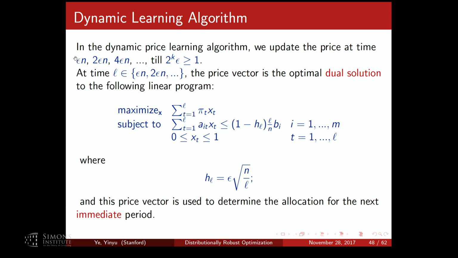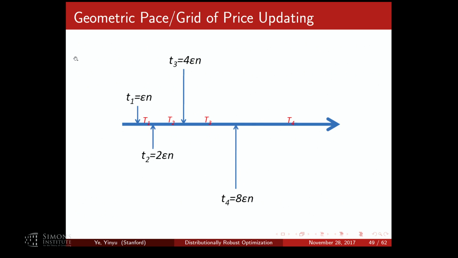At each of these phases, I give proportional resources, again discounted a little bit to kill the bias. And the discount epsilon is close to epsilon times the square root of n divided by L, where L takes epsilon n, 2 epsilon n, 4 epsilon n, the powers of 2 phases. Once we update the price, we use it. So you can see, we compute the initial price and use that price to make online decisions. After you get 2 epsilon n, we compute the new shadow price and use it for the rest of the phase.